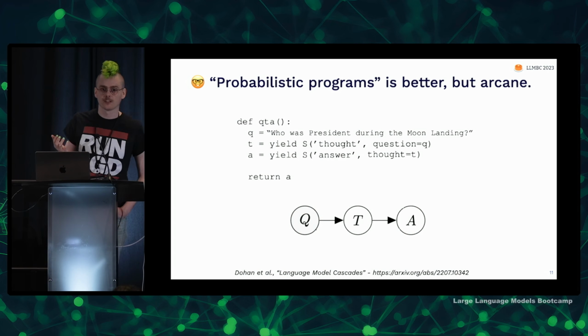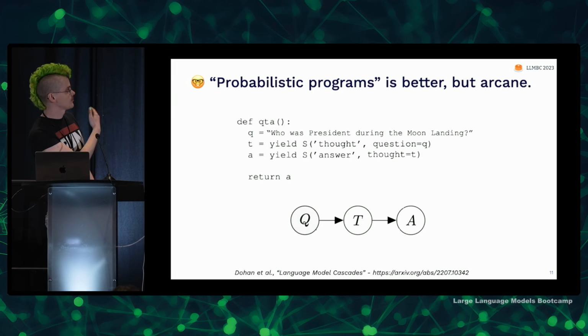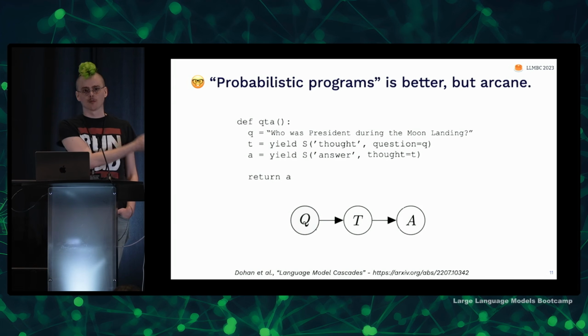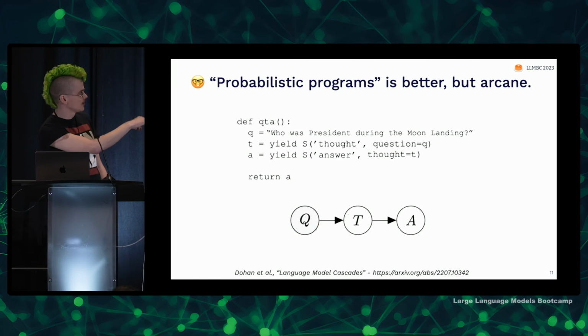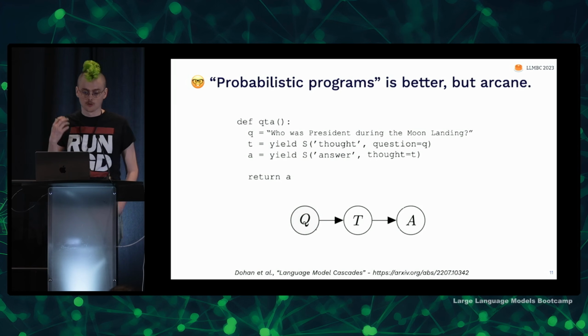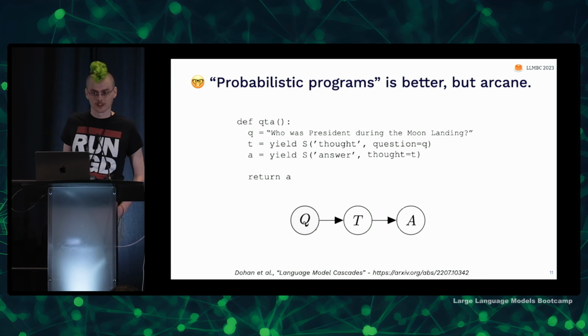And so you can write things that you might do with a language model, like take a question, and rather than having it just directly answer, having it think of what the answer should be, maybe brainstorm a little bit, and then take that brainstorm and turn it into an answer. That's what this little Python program up here shows. Take a question, generate a thought, and then generate an answer. And because language models are probabilistic, you can actually literally sample from them. You can draw different possibilities each time if you wish.